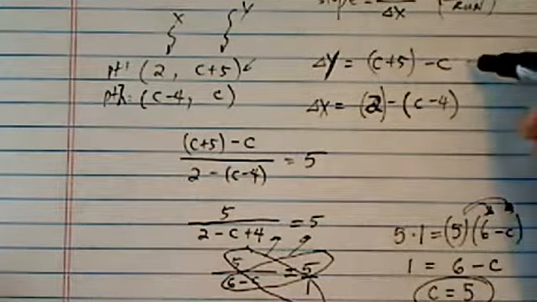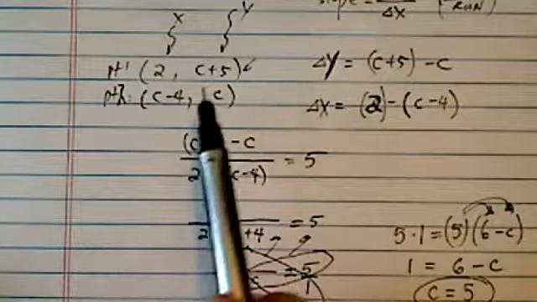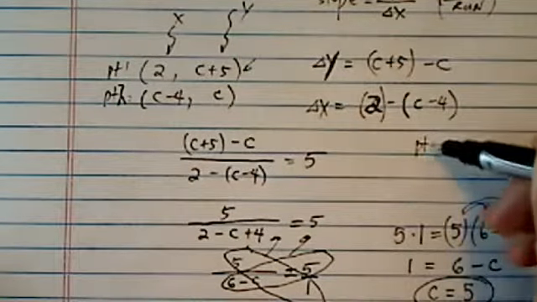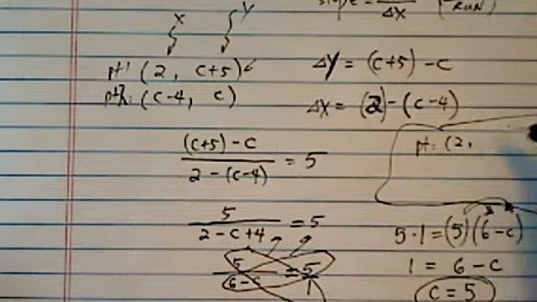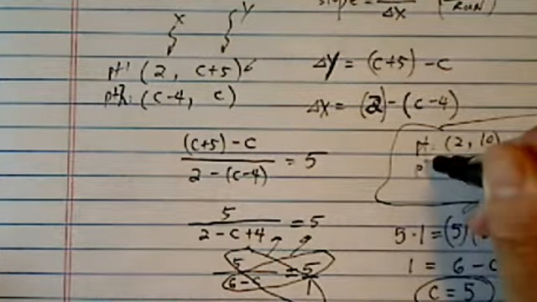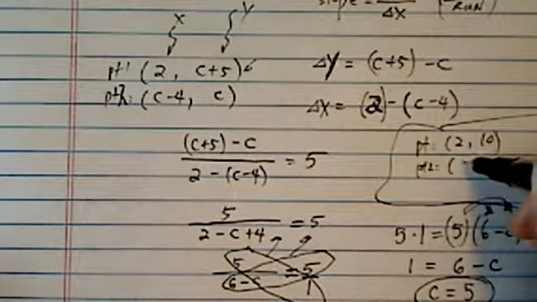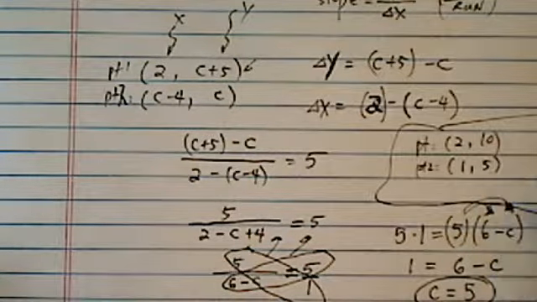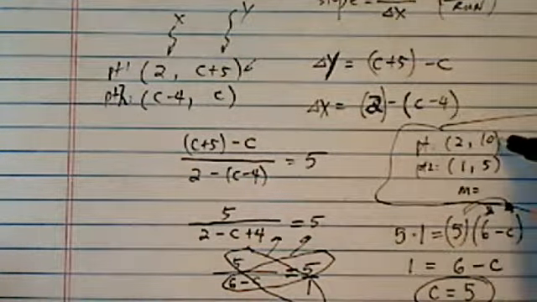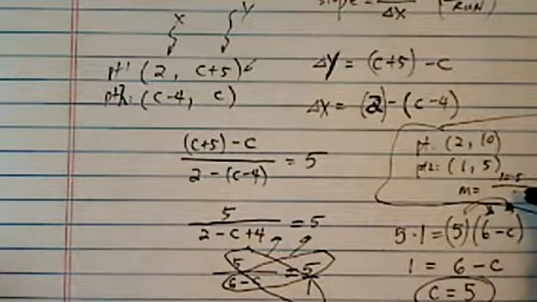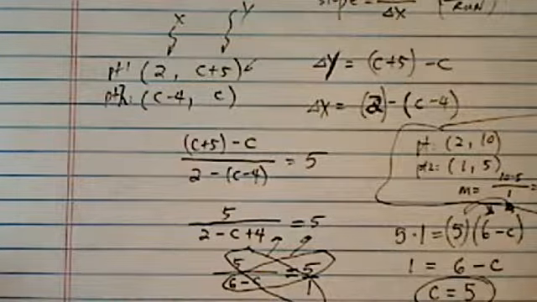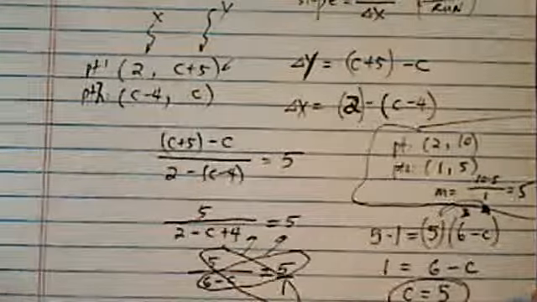All right, let's double check our work. The point up here becomes (0, 10), and then, here's our check, I'm running out of room here, (2, 10), and I have (1, 5). So our slope should be this minus that, which is 10 minus 5 over 2 minus 1, which is 1, is equal to 5. Hey, look at that. Math works out in the end.